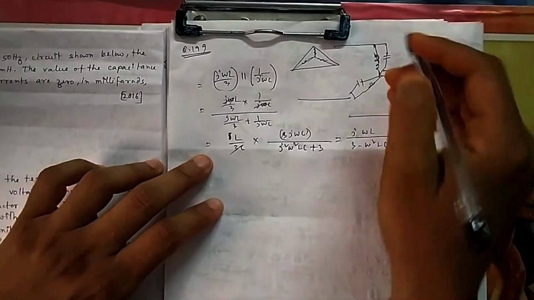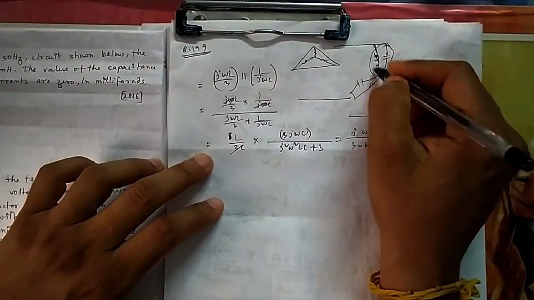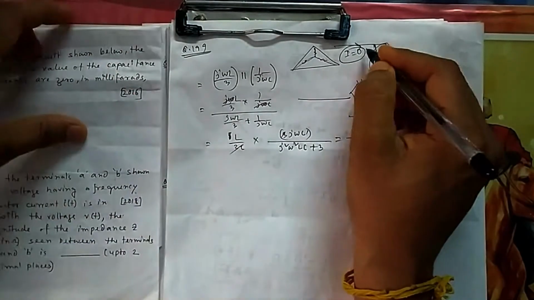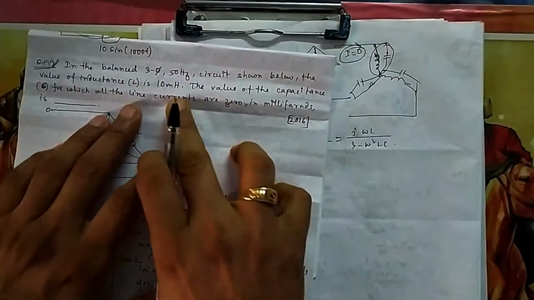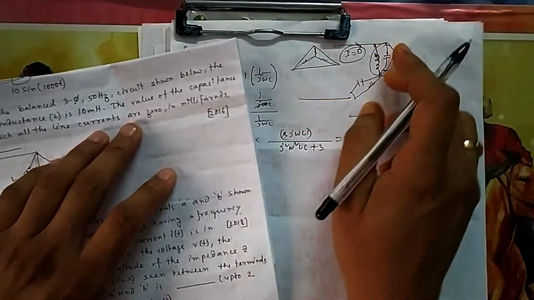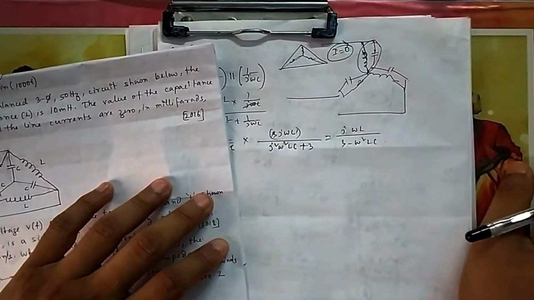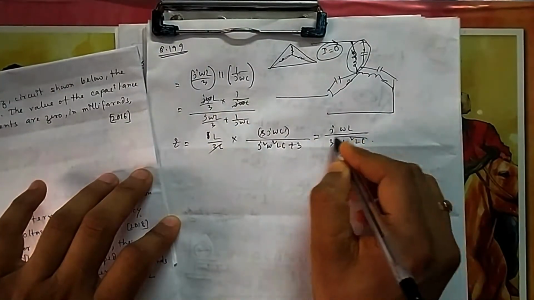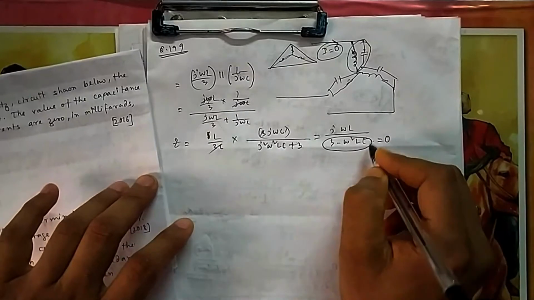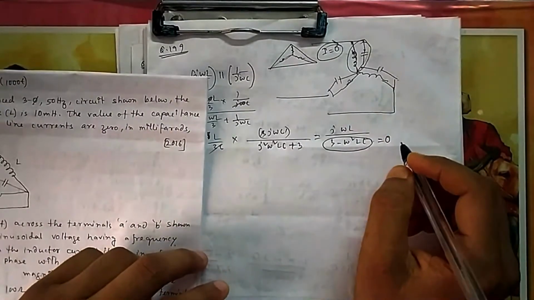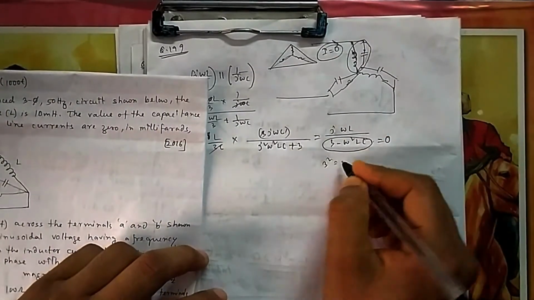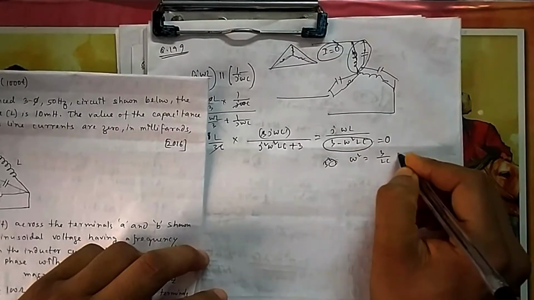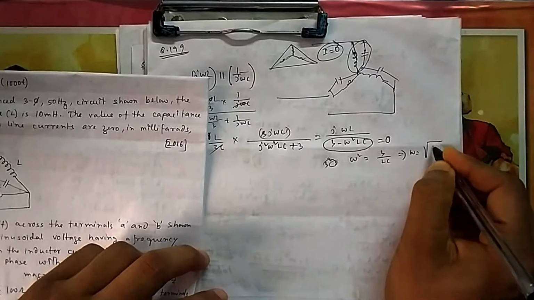Now to make it infinite, you need this impedance to be infinite so that no current flows here. You need to make this current 0. The current value should be 0. The line current should be, no current should flow through here. So this impedance should be very high, that is infinite. So for that, this denominator has to be 0. If it is 0, then something divided by 0 will become infinite or undefined. So from here you will find omega square is equal to 3 by LC, which will imply omega is equal to root 3 by LC.